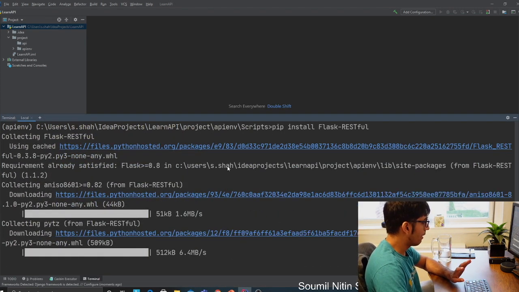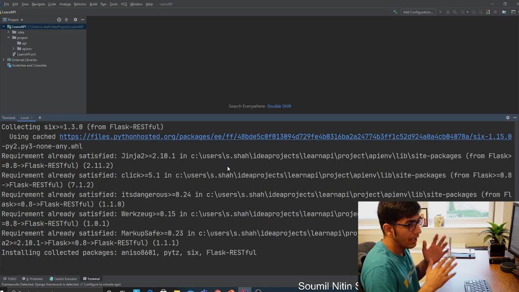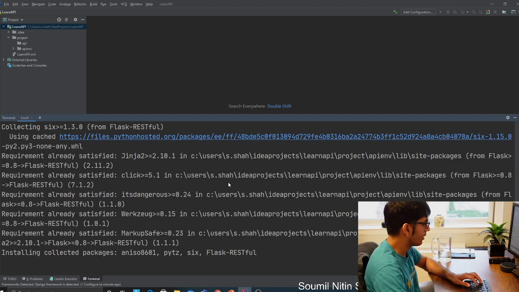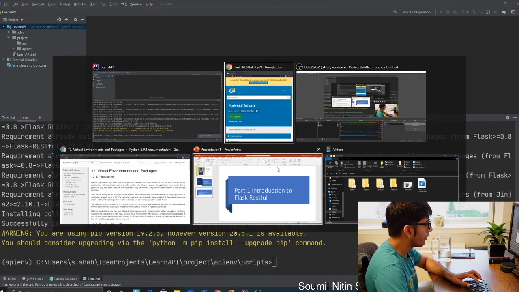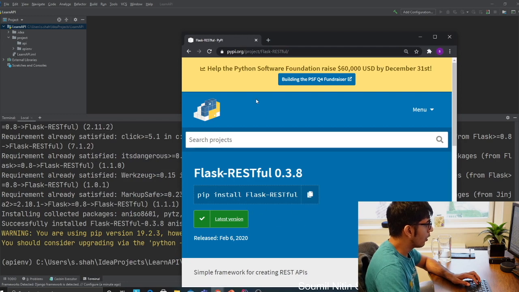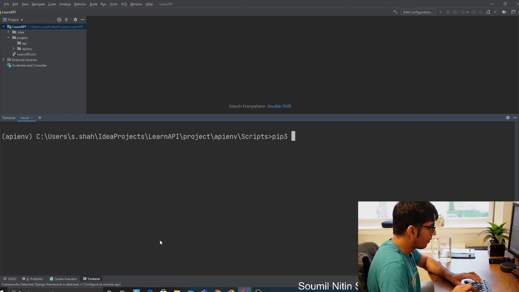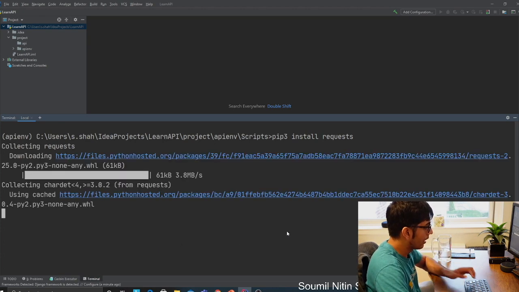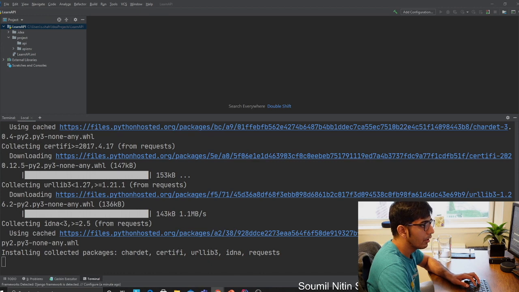See how I'm approaching the project. First of all, we created a directory, we created a virtual environment, and now we are installing all the dependencies first. And then you want to freeze your dependencies, which I'm going to talk about. So now that's done. Now you want to install the request library. So pip3 install request. Okay, do that, and it should install the request library for you on the virtual environment.